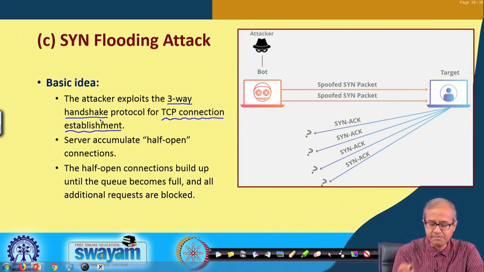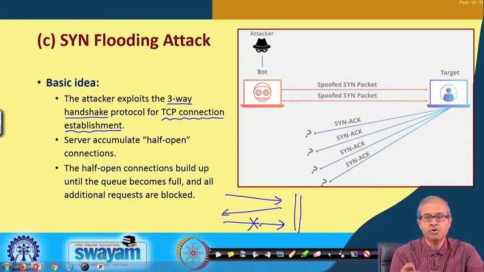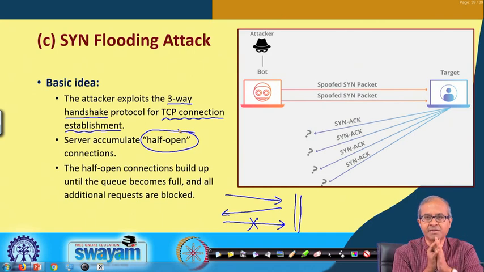Now, if the third message does not go, like there is one packet coming back, another packet going, if the third packet is not sent, then the server side will maintain this so-called half open connection at least till a timeout interval. This third packet not going can be a deliberate attempt from the point of view of the attacker.